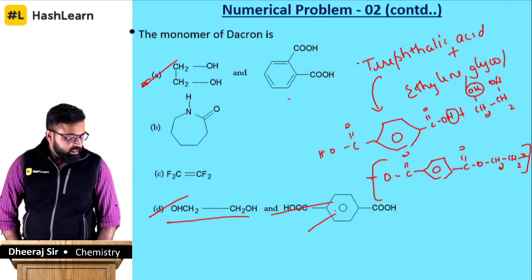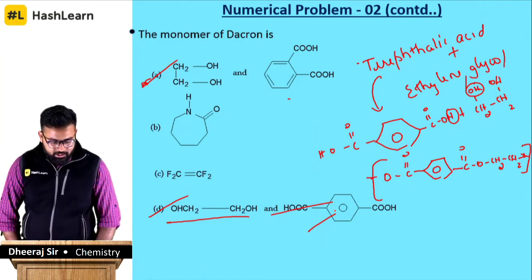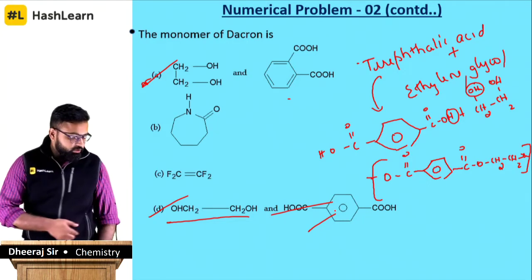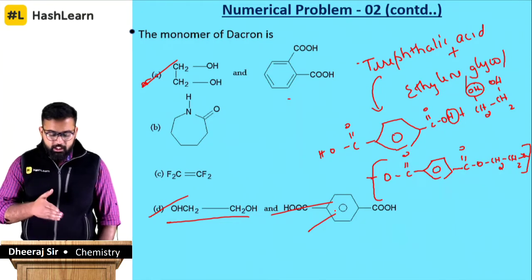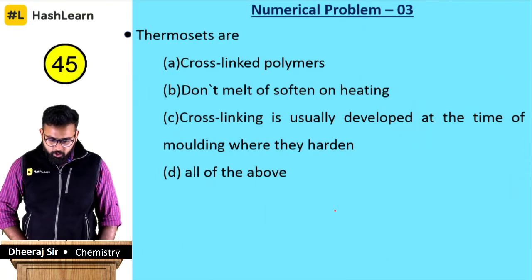So Peru and Sakshi gave us the right answer. Yogesh says it is C. So Yogesh, C refers to Teflon. The Teflon coating that you have on your non-stick pans is because of this compound. So moving ahead,